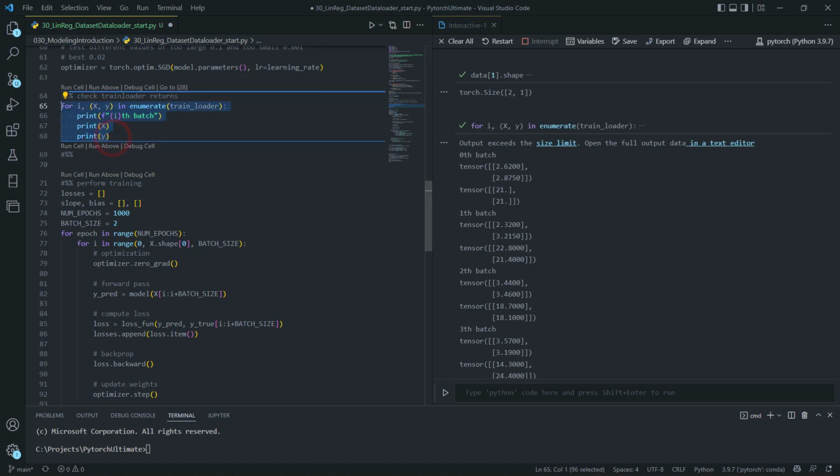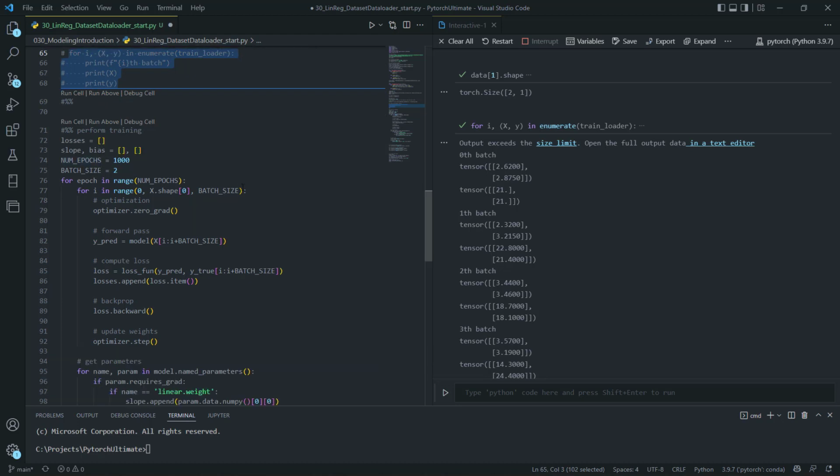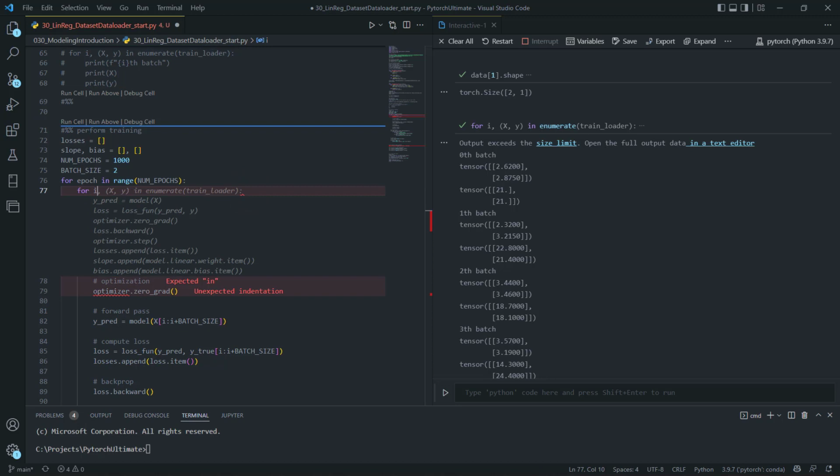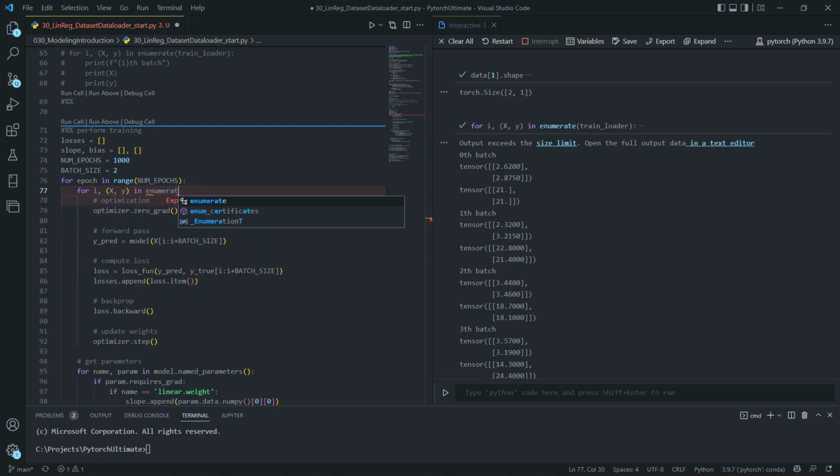So this is what we are going to make use of now in our training loop. First of all, we are going to work on this inner loop definition, and we can make use of what we have just learned. So we have x and y, and we have enumerate train loader. All right. So now we have changed that, but that also means we don't need anymore these specific slices that we use here